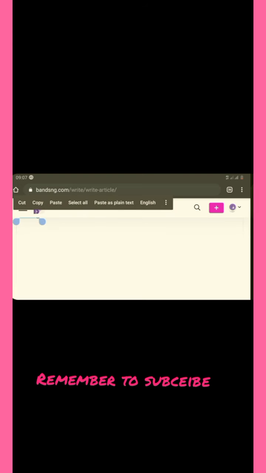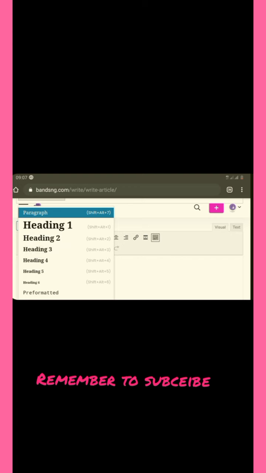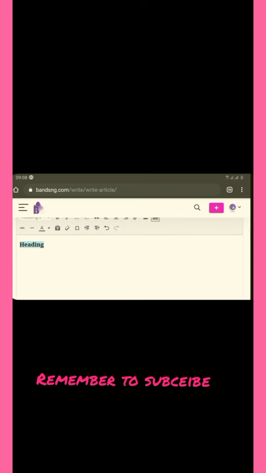Just highlight it, come here and click on paragraph, and then choose heading. Choose the heading that you want to use for that particular sentence that you want to turn into a subheading. I would suggest you use heading 3 after your first heading, except you have a major heading that you want to highlight, and then you have subheadings of that major heading. Then you can use heading 2, heading 3, heading 4. You can have a lot. And then when you have this heading highlighted like this,